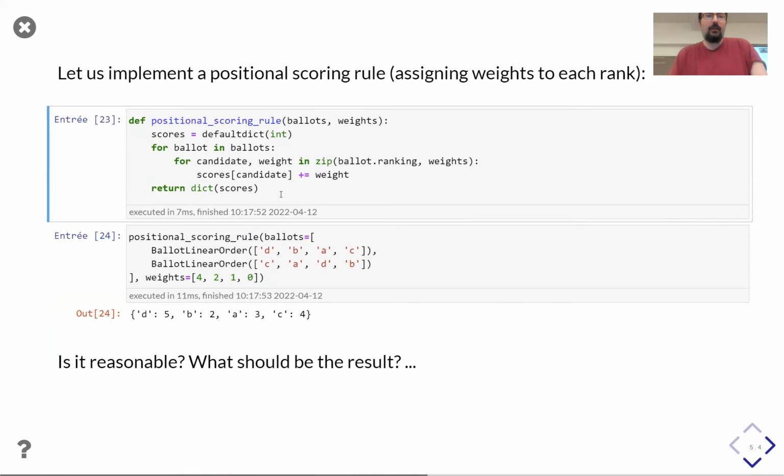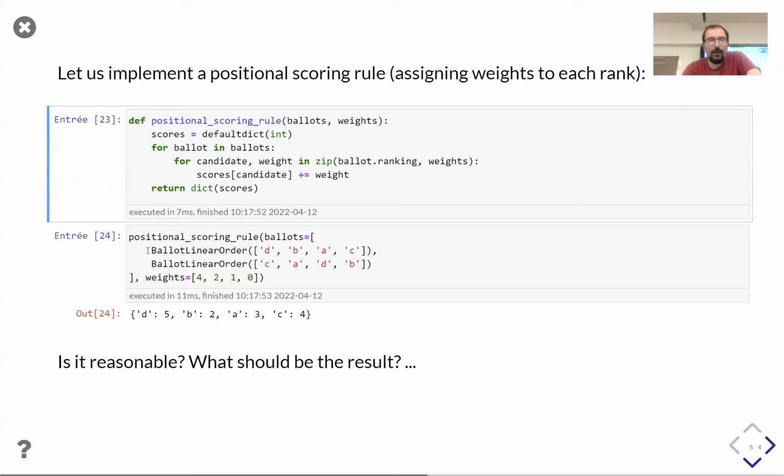Then let us implement a positional scoring rule, for example. The principle of a positional scoring rule is to assign a weight to each rank. For the Borda count, it's n-1 for your preferred candidate, n-2 for your second preferred candidate, and so on. But you can imagine any weights you want.